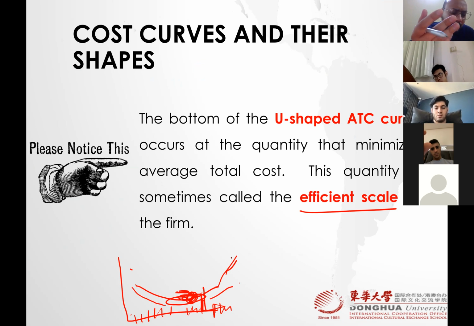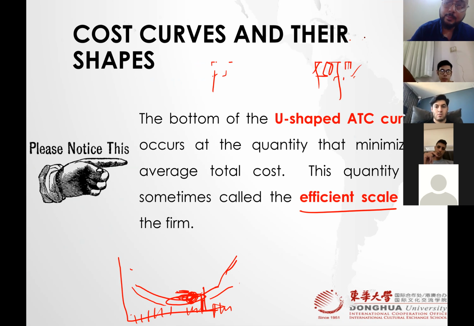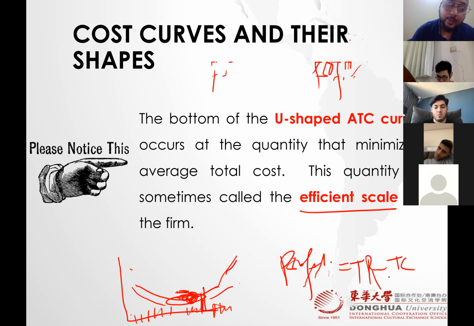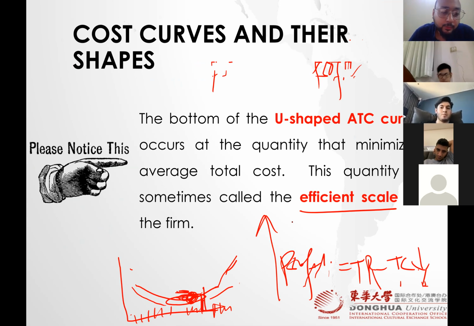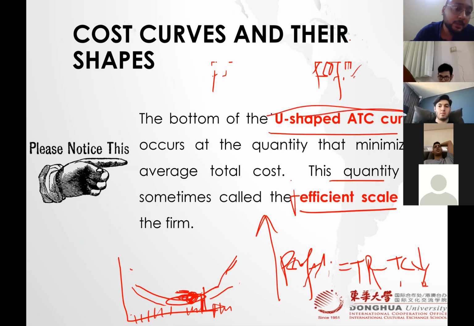Isn't that our goal? Our goal was to maximize the profit, right? What is the formula for profit? Total revenue minus total cost. So you are producing where total cost is minimum. In that case, your total profit will be maximum. So that's our goal. We would be producing at the efficient scale, which is the bottom of the U-shaped curve,